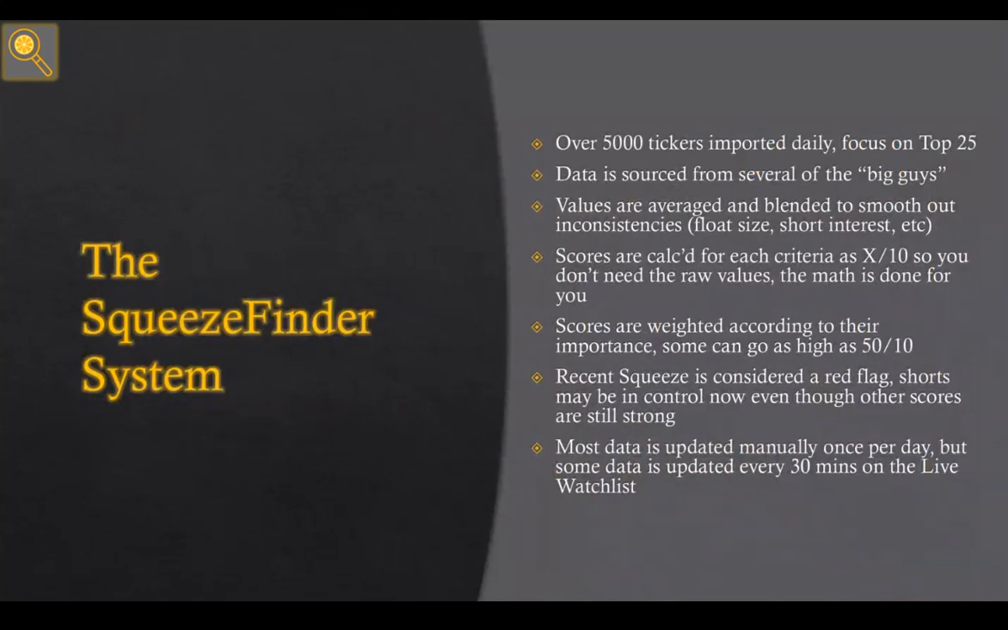So now I'll talk about the Squeeze Finder system just a little bit. It's essentially a big database. I've got roughly 5,000 tickers that come in each day. I refresh that info. I pull in data from several different places, companies that you probably heard of, and then I average a lot of it out and blend certain things together to smooth out